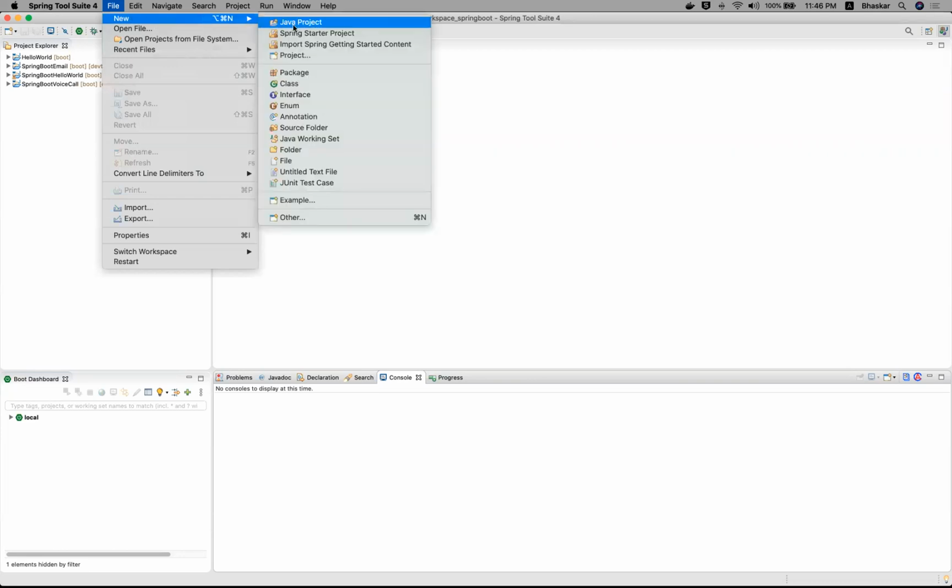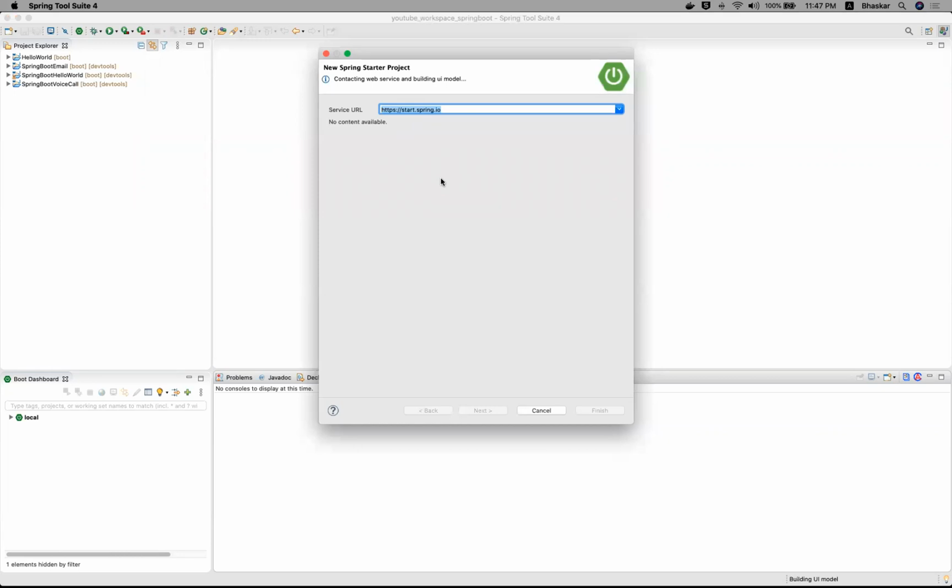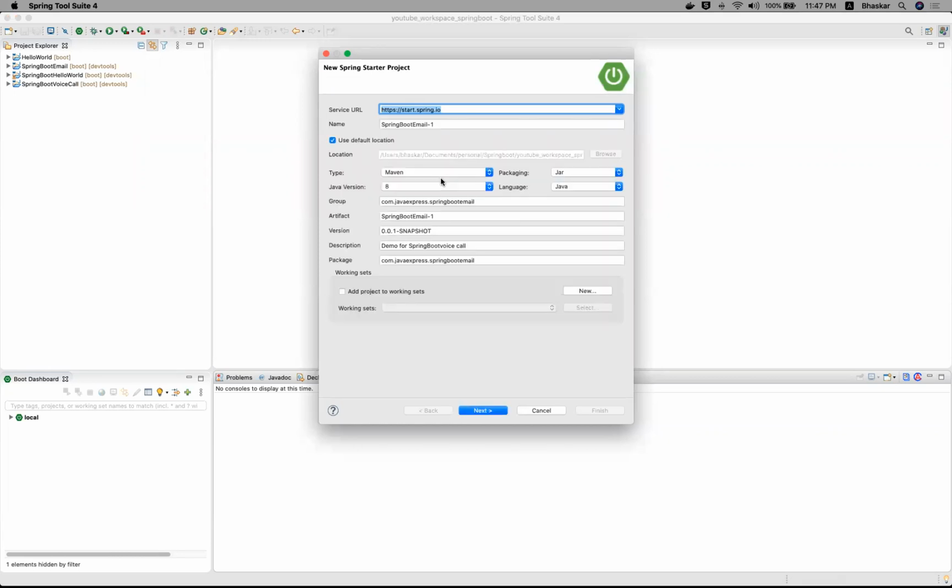Here, New, and you can choose Spring Starter Project. An internet connection is required while creating your application. Now, I will name it Spring Boot MySQL CRUD operations.